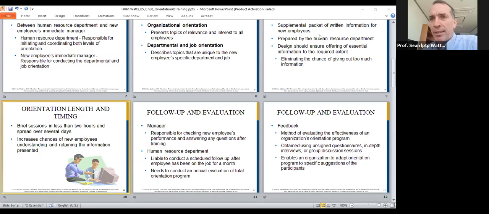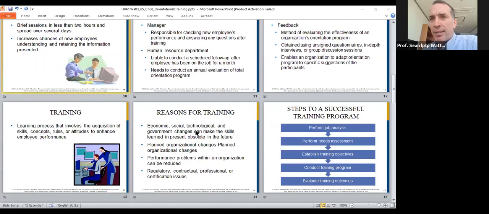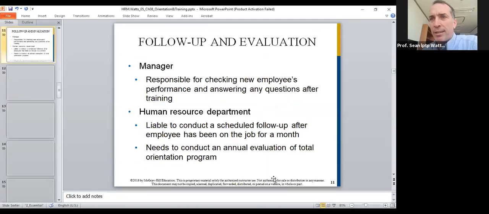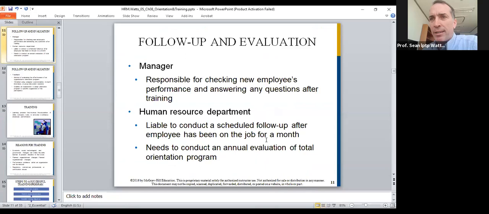I'm going to use a little bit of the time left to talk about the follow-up. Make sure that we are aware that with the follow-up and evaluation, managers should be checking employees' performance and understanding. The idea that people have different personality styles, cultural styles, characteristic styles, learning styles, and communication styles should be known to anybody at a serious level or at a management level, especially by HR.